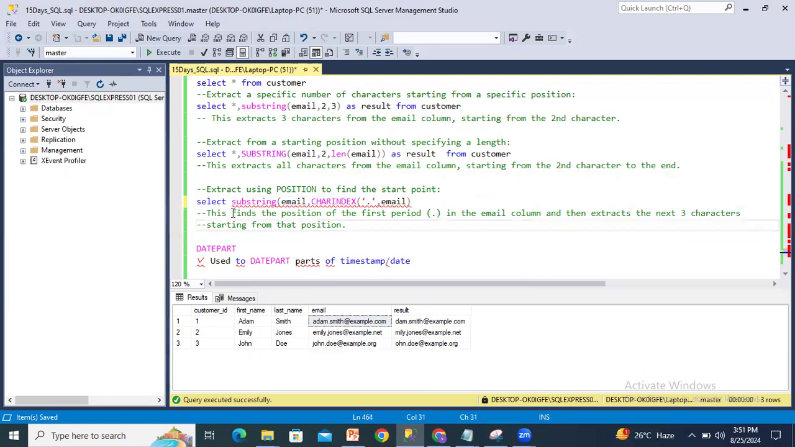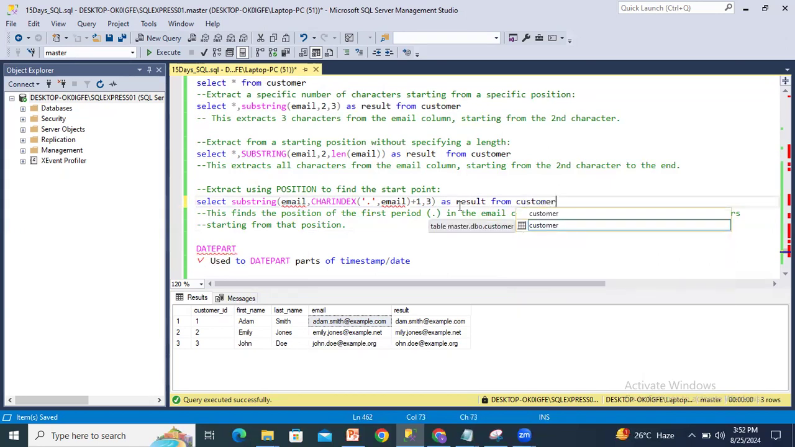After that, again go back to the question. So this finds the position of the first period in the email column, plus 1, comma, the next 3 characters starting from there. So we'll give 3 and close the brace. And again we have to close one more brace. No, it's already 2 braces over. As a result, from customer. So if I execute this part,